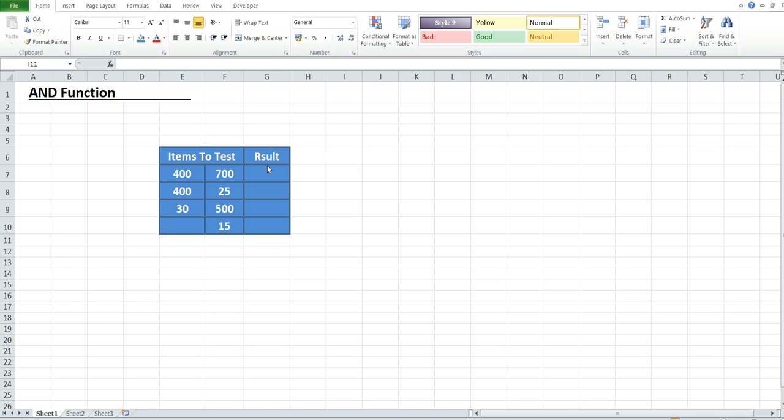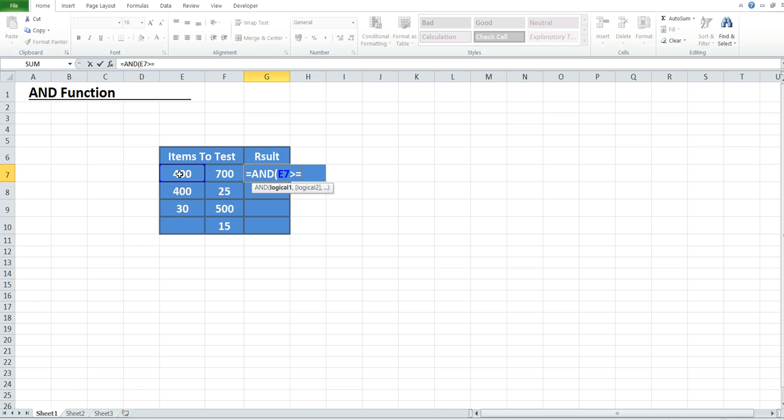So I have already created a table which has an item to test column and a result column. So let's write it. So AND, select the first item. Going to use a condition for this.